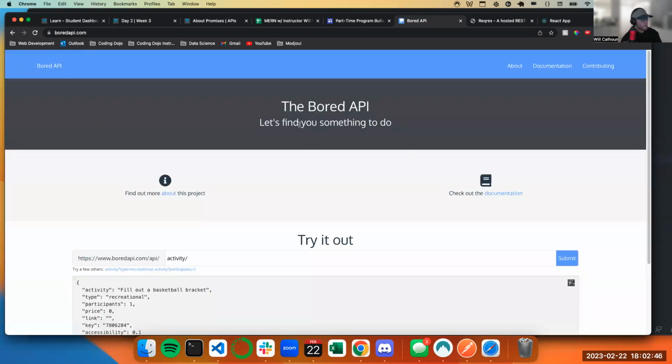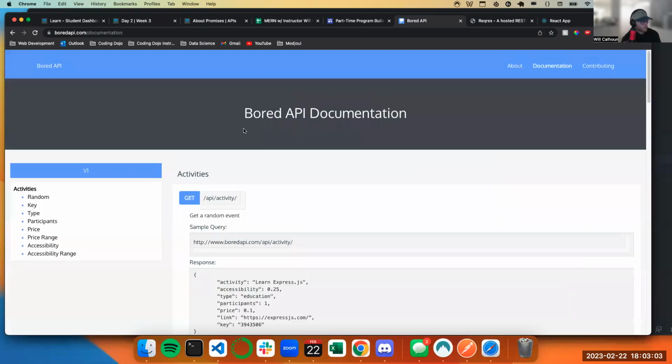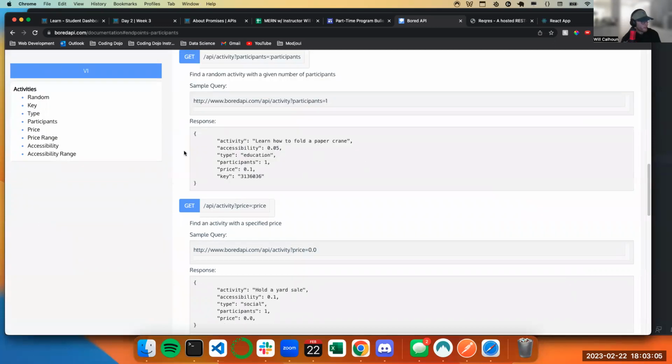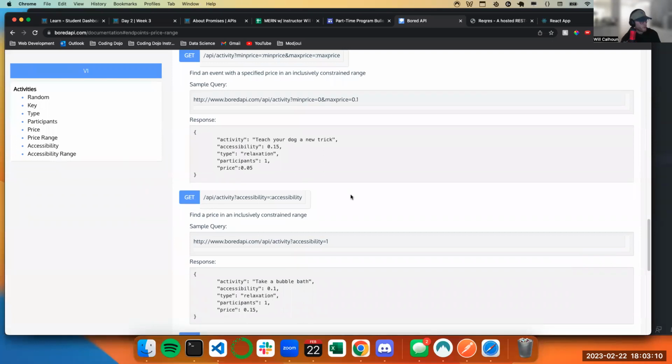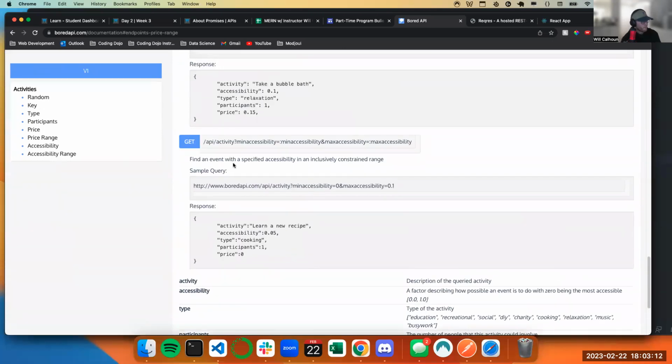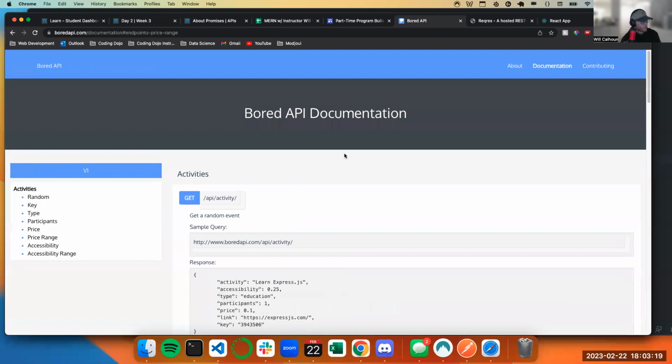So if I click here, cool, Bored API, I've got my base URL. Here's an activity, and this is the response I have back. So now I know when I have my JSON file, if I want to show the information, I can do this. Or checking out the documentation, we can have participants, price range, all kinds of different things where you can change that. But it all starts with the same base URL. So there's lots of cool things that you can do.